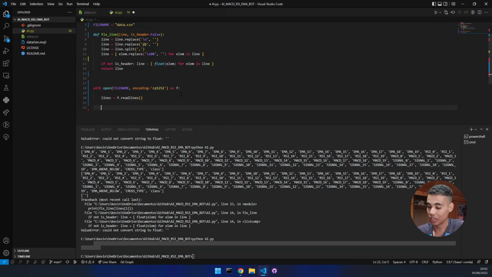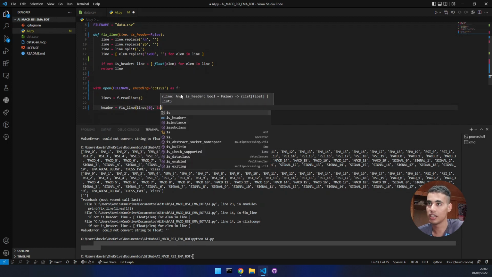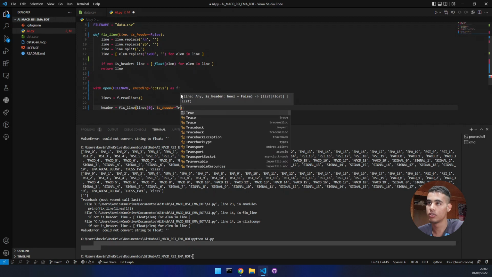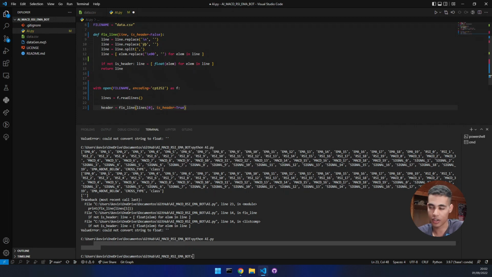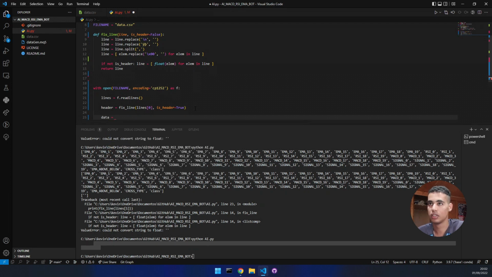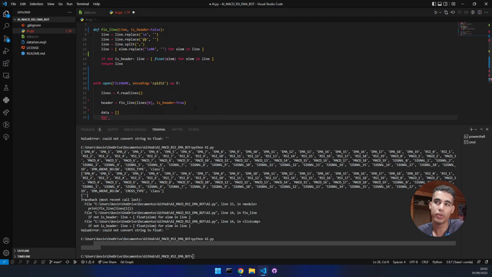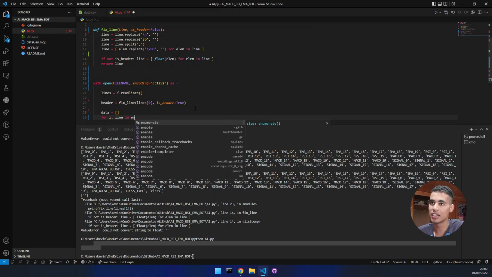First of all, to not have the previous error, we are going to store the header here, and we are going to say, okay, fixed line, and this is going to be the first one, lines, and its header is going to be true. Now we have here the header. Perfect. Okay, now let's store the data. So let's put here data, and let's iterate through the data. For i, line in, let's enumerate each